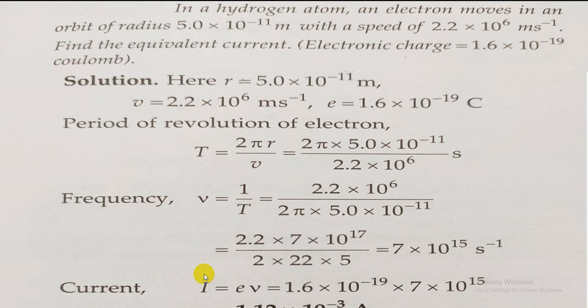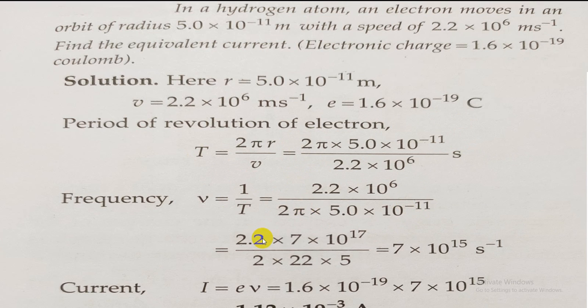Now see, 1 by T can be written as frequency, nu, and the value of T can be calculated here. T is the time period, distance moved in one complete cycle, that is 2 pi r, divided by velocity. So distance by velocity will give you the value of time period. So the value of r is mentioned there, 5 into 10 raised to the power minus 11, 2 pi into r divided by the value of velocity, which is given here. Suppose we calculated the time period here, so the frequency will be the reciprocal of the time period. So whatever value we are having, we will take the reciprocal of the